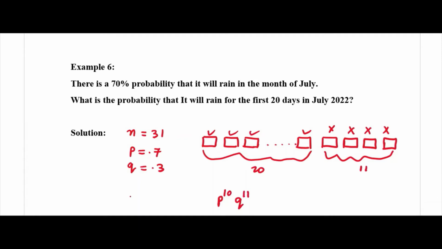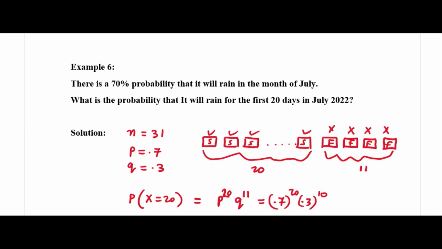You have to know where combination comes. Probability x is equal to 20 is equal to this. There is no combination because there is no selection. It's fixed. Fixed means these days it should rain, success, and here failure. Failure probability is q. So p is 0.7 and q is 0.3. That's all, you have to multiply all. Here p is 20 times, q 11 times.